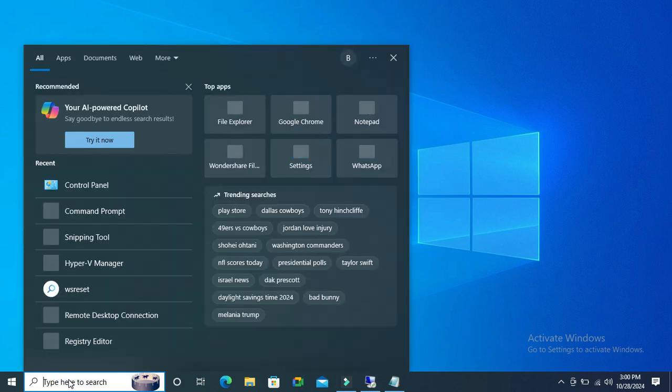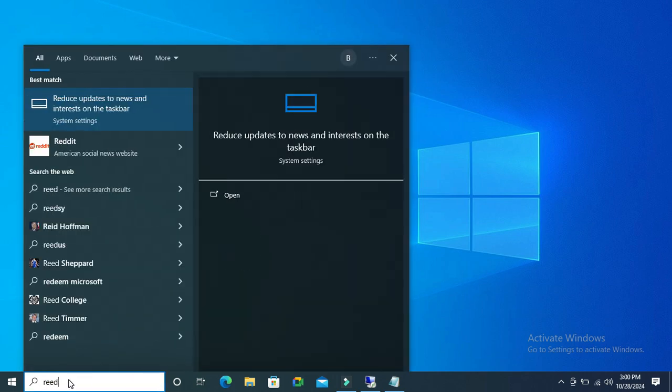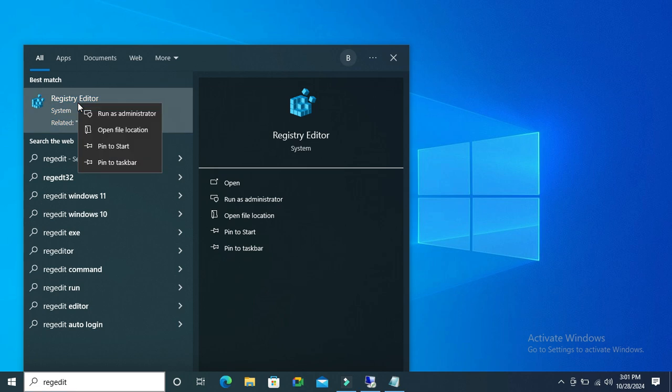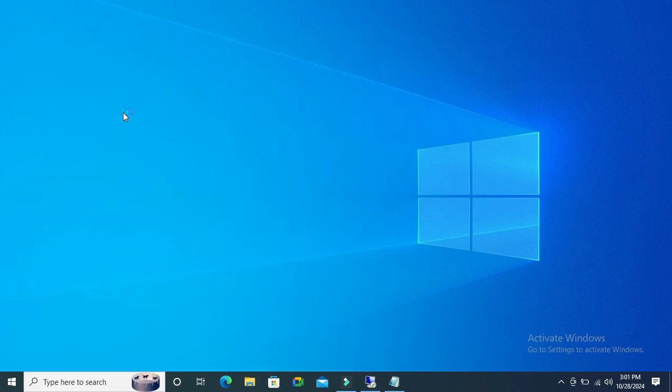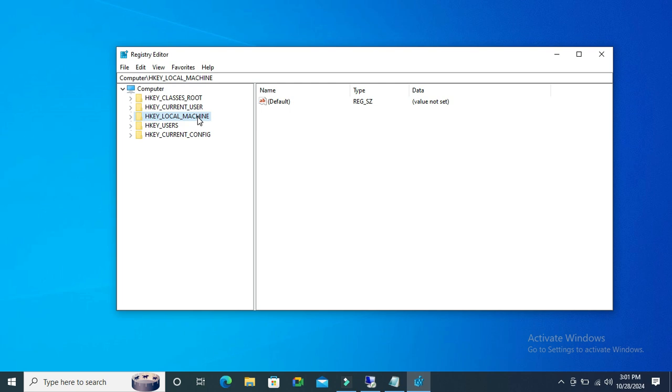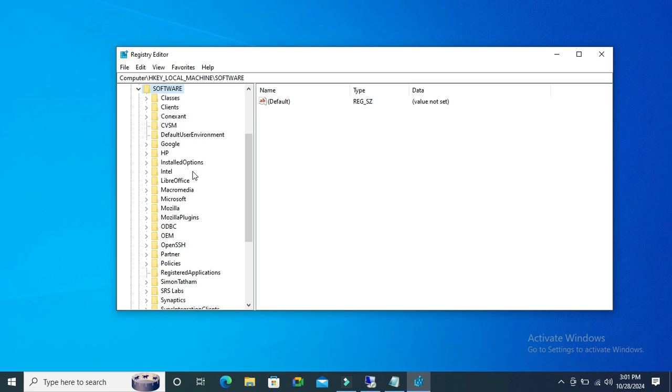In the search box, type regedit. Right click on Registry Editor and click on run as administrator. Now go to HKEY_LOCAL_MACHINE, expand it, then expand SOFTWARE, then you will find here Intel and right click on Intel